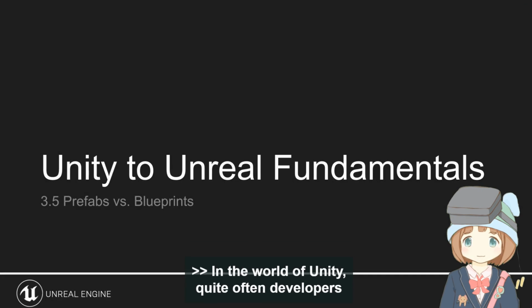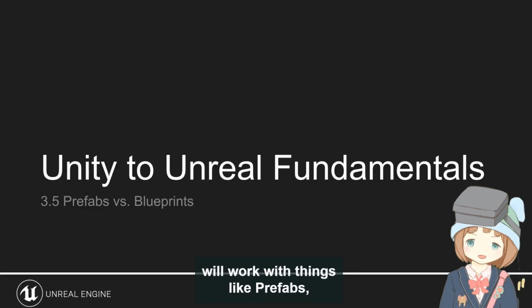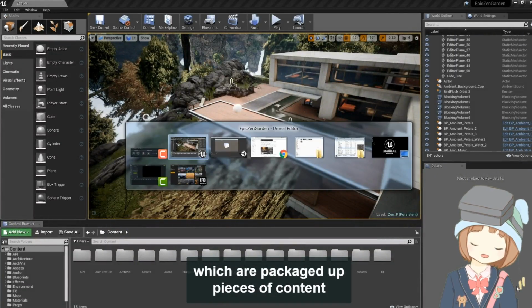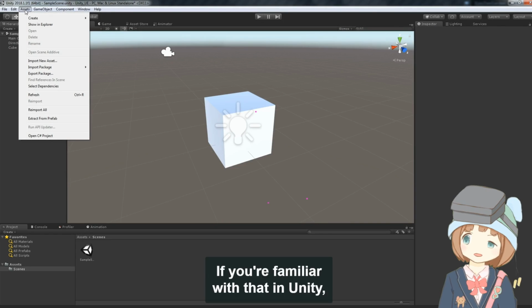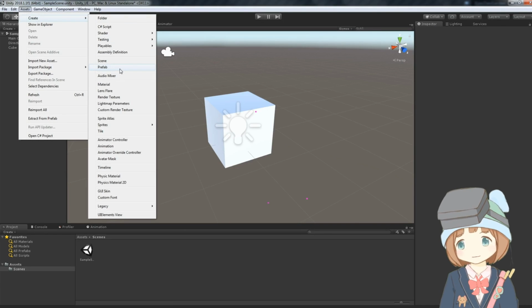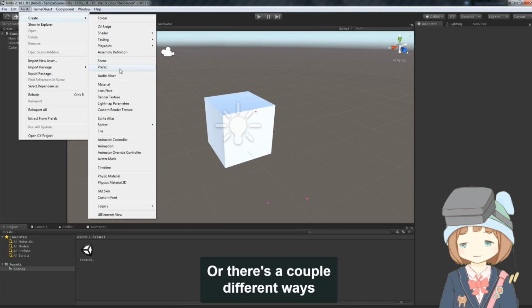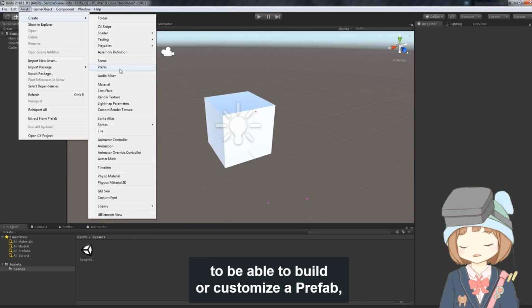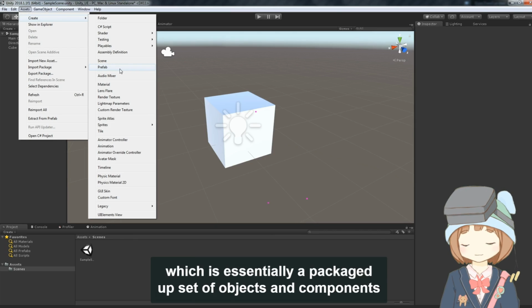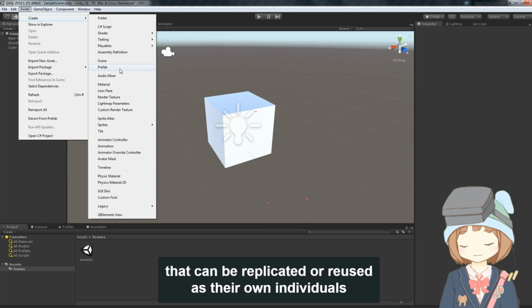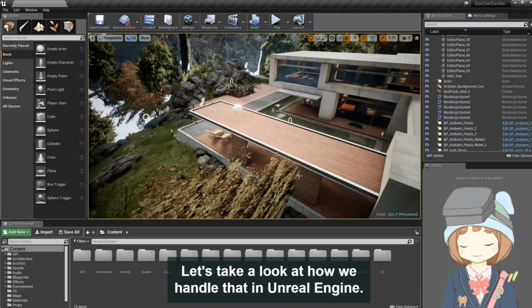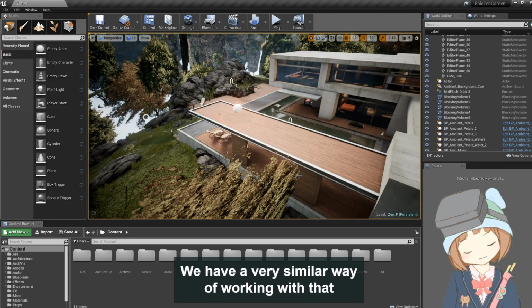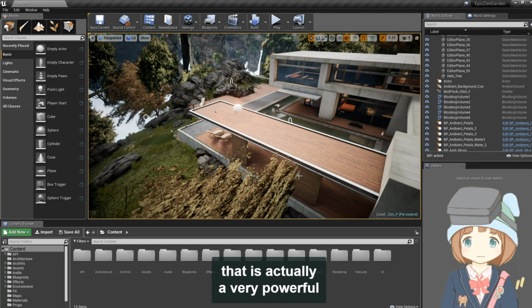In the world of Unity, quite often developers will work with things like prefabs, which is a packaged up piece of content that they can use and repeat throughout the scene. So if you're familiar with that in Unity, quite often you can create your own prefabs up here, for example, under the assets menu, or there's a couple different ways to be able to build or customize a prefab, which is essentially a packaged up set of objects and components that can be replicated or reused as their own individuals throughout a project. Well, let's take a look at how we handle that in Unreal Engine. We have a very similar way of working with that. That is actually a very powerful and very large